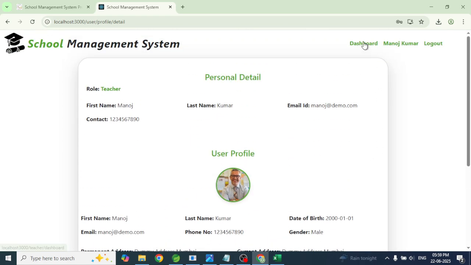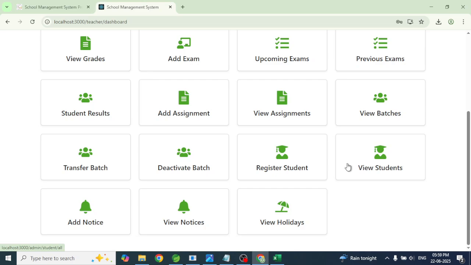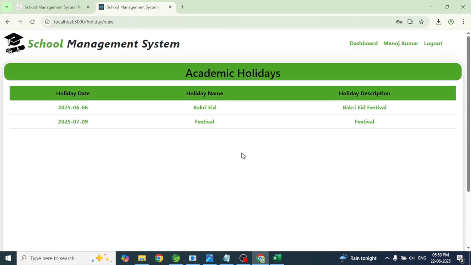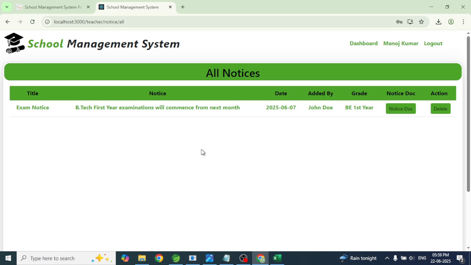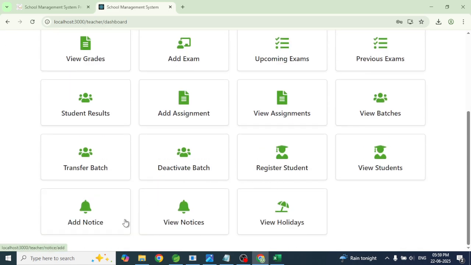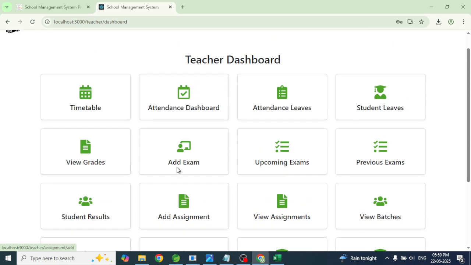Right, now we have the dashboard part again for the teacher also. We can view the holidays, so we can see this we have added for the 9th July. Holiday name is festival, which was added by the admin. Okay, then we have view notices. Okay, all the notices added by all the teachers. Okay, then we have add notice here, so we can definitely add the notice, but as of now let's see